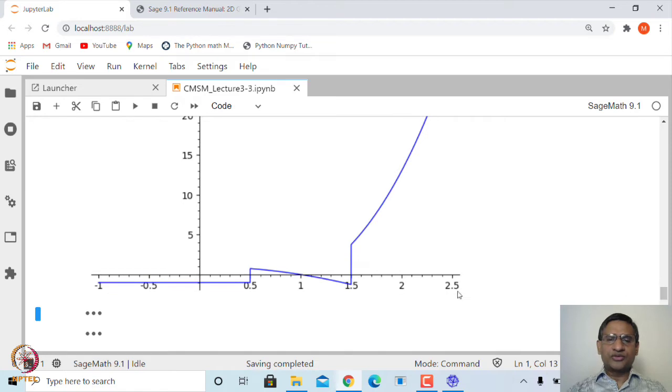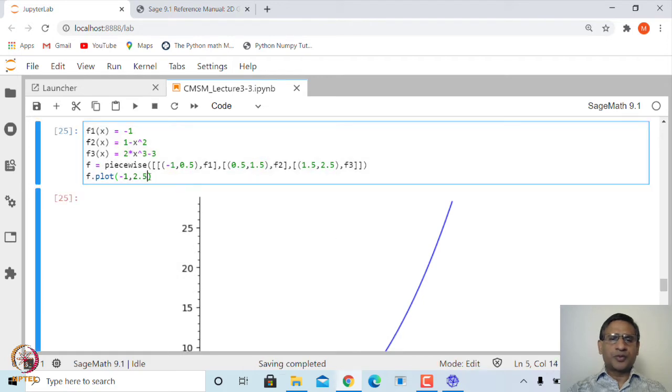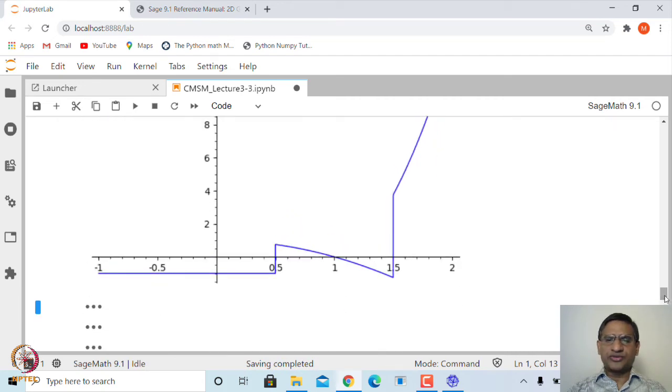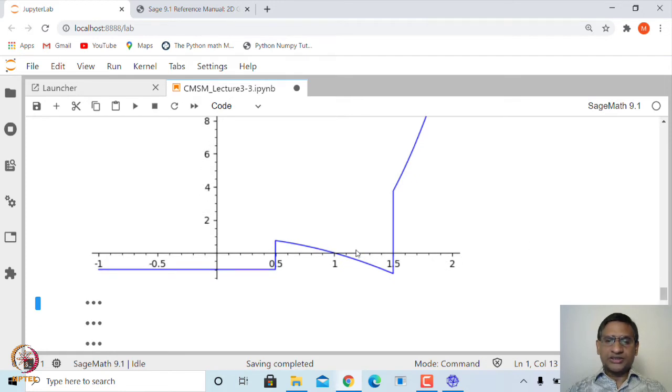Now, let me plot only up to 2, so that this will look slightly better. Okay, this is slightly better, but you can see here from this piece to this piece there is a jump, and that jump is indicated by this vertical line, though the vertical line is not part of this graph. So, there is a way to say that do not plot these vertical lines.